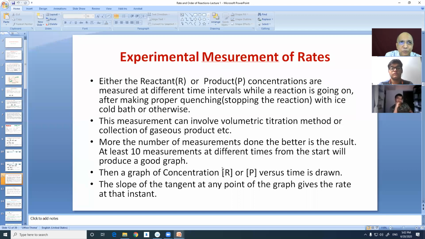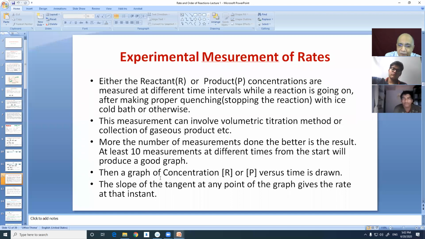A spectrophotometer is attached to the reaction mixture to monitor it. Even within 2 minutes, it will give you accurate data. So hundreds of data points can be generated spectrophotometrically, and the concentration versus time graph is very reliable and dependable. So it is beyond any apprehension or question mark.